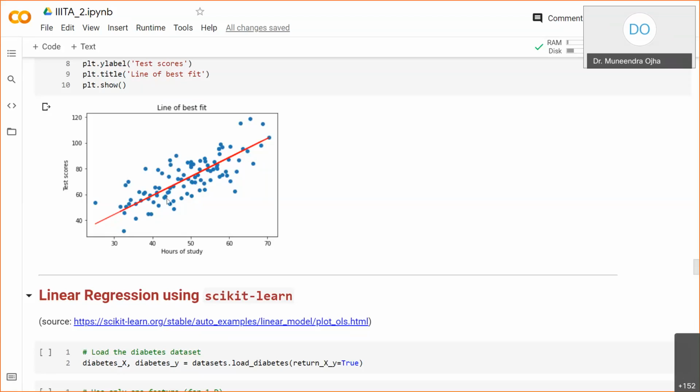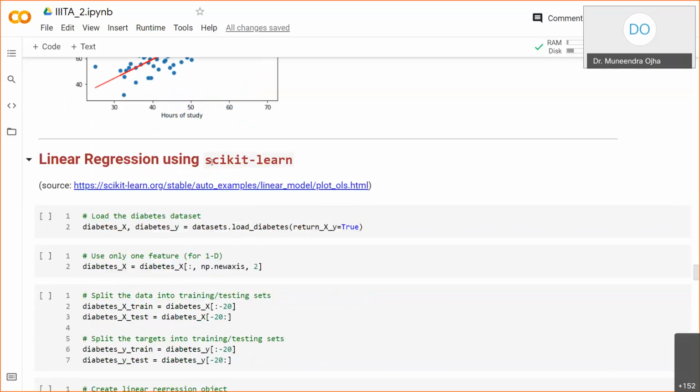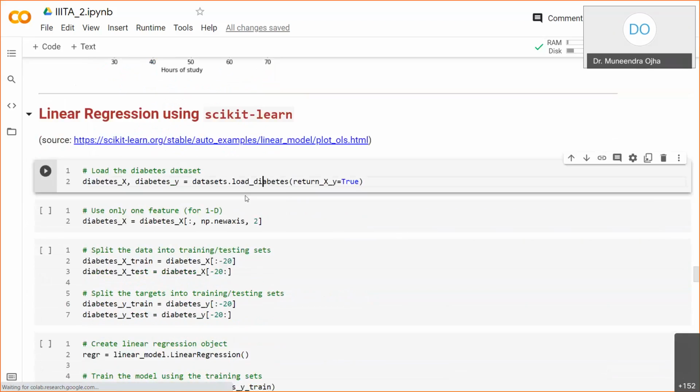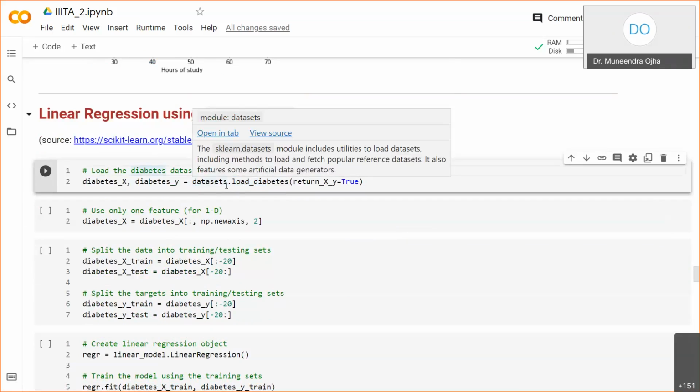If you have more than 3 or 4 feature values, it will still be linear, but it will be called a hyperplane. So you get the approximate equation of that hyperplane, which represents these points with the least error. Now, we can use the scikit-learn library to perform this again. For this scikit example, I have taken the diabetes dataset. Remember, day before yesterday I was talking about the Pima Indian diabetes dataset. You can download this from the scikit-learn datasets library also. So if I just run it,